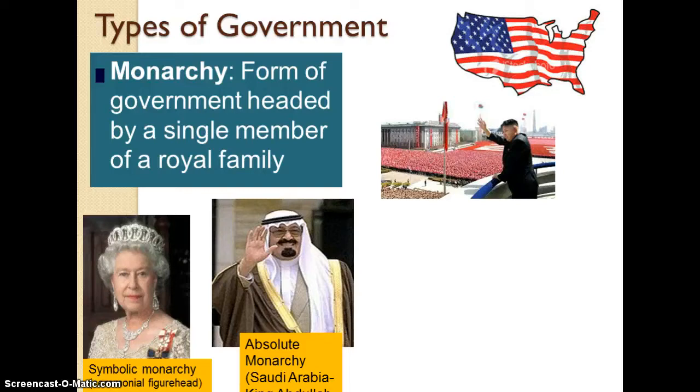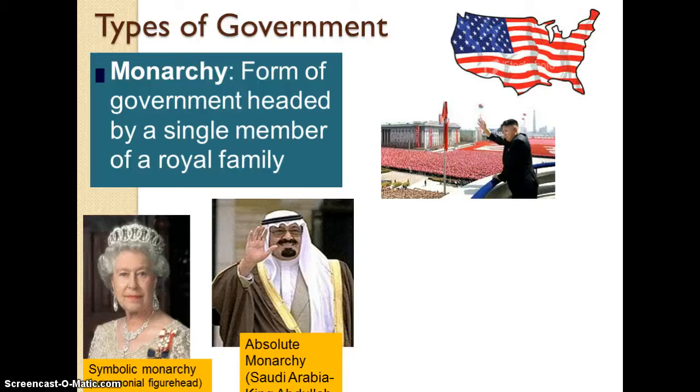And there are different forms of monarchies. You can see in this bottom right-hand corner, I don't know if many of you recognize this particular woman, but this is Queen Elizabeth. She is the Queen of the United Kingdom, and her sort of rulership is known more symbolically. Sometimes they call it a ceremonial figurehead, meaning she symbolically rules. However, it's their parliament in Great Britain who determines the laws, who establishes the rules, who balances the budget, etc. Her ruling is more symbolic,